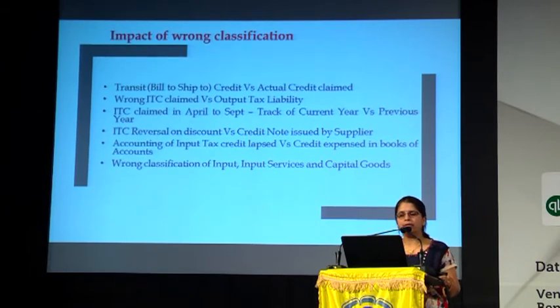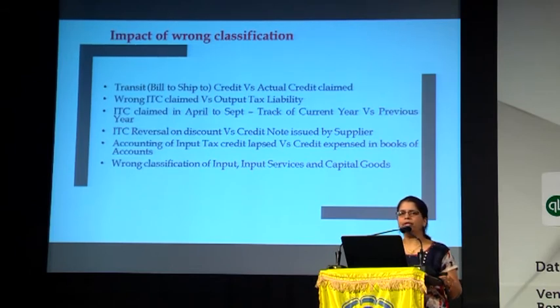ITC reversal on discount versus credit note issued by supplier. This is also, I think in the morning we were discussing, financial credit note and GST credit note. Financial credit note will not have implication of taxes, whereas GST credit note will have implication of taxes and reversal of credit accordingly. So in the discount provision, section 15 very clearly says that either you can disclose the discount in your invoice,